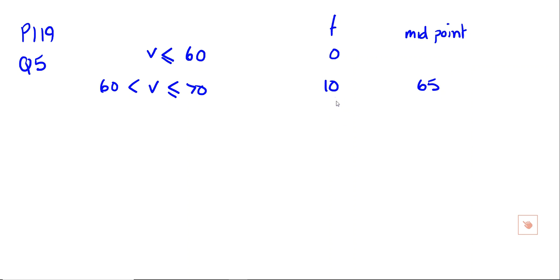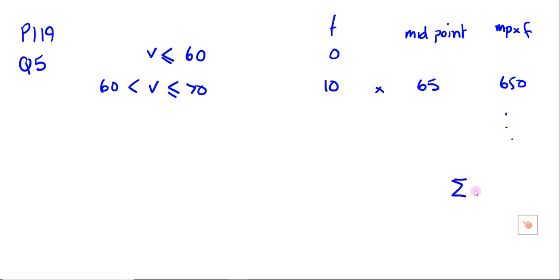So how do we add up 10 lots of 65? We do 10 times 65, so this is where we say it's the midpoint times the frequency. So we've got 650, and then we keep going down, and then we finally